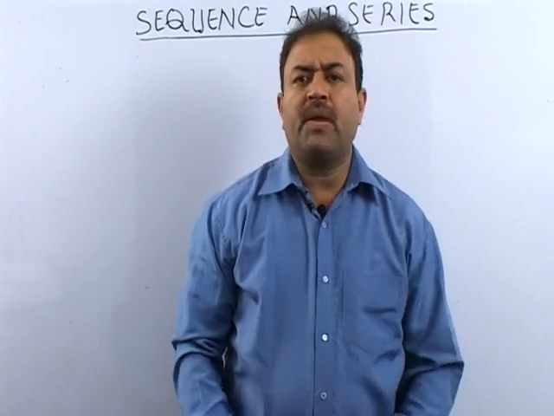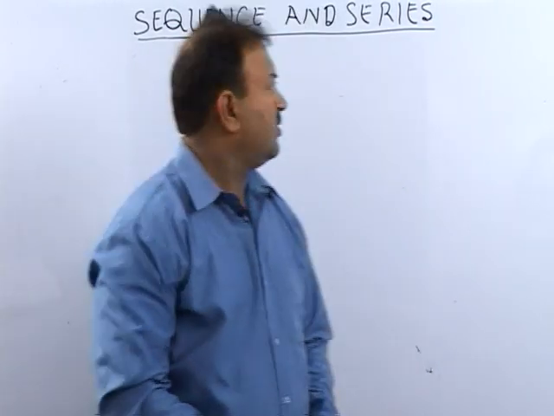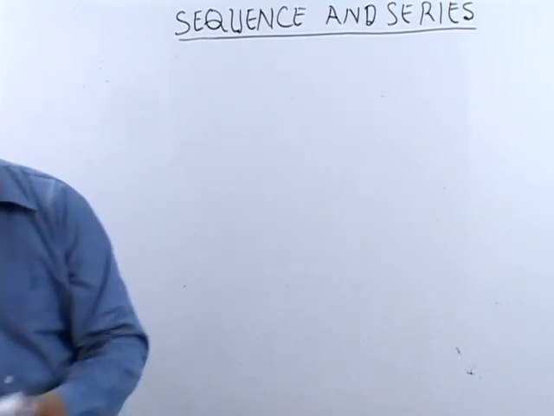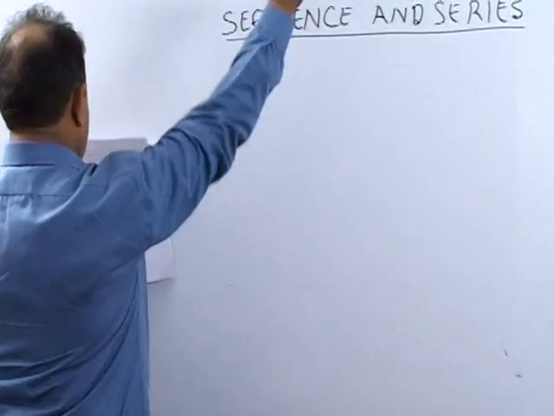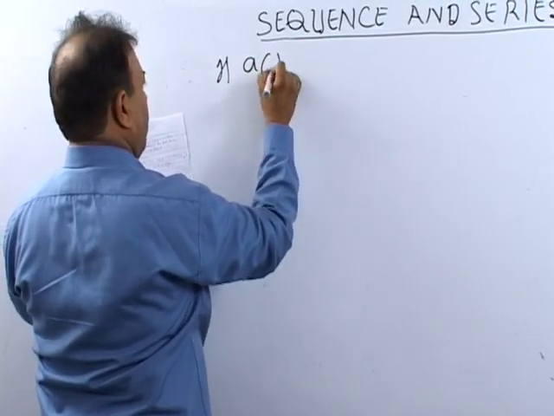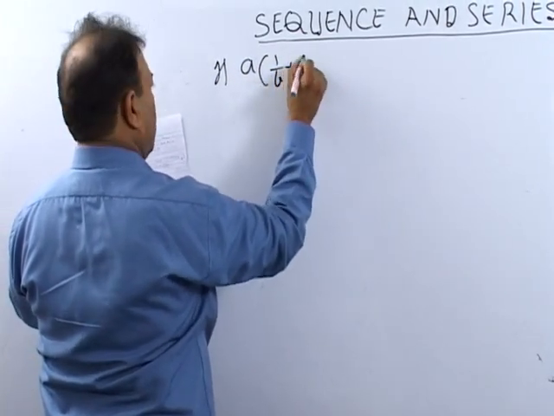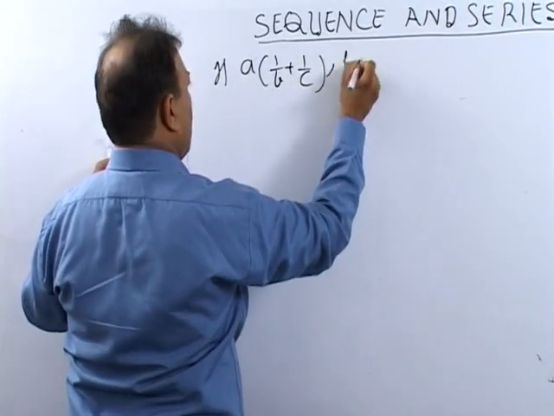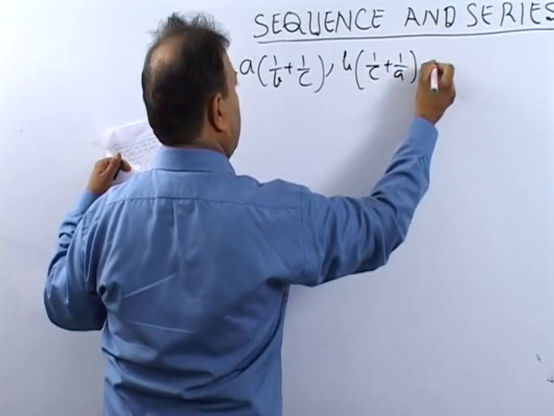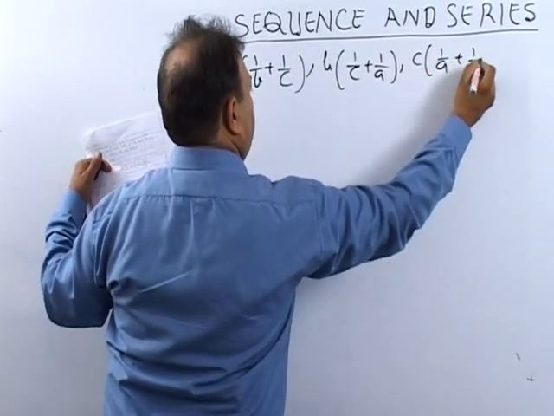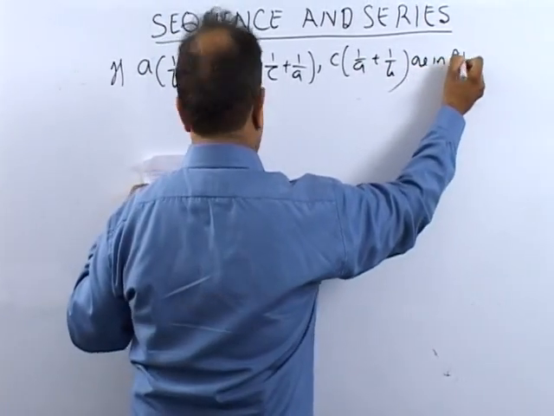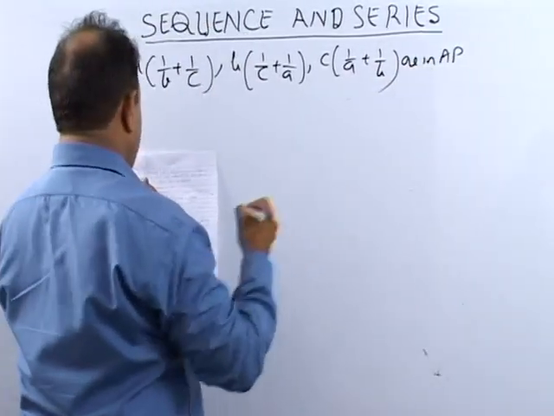We are continuing with the problems of arithmetic progression. The next problem is: if A(1/B + 1/C), B(1/C + 1/A), C(1/A + 1/B) are in AP, then